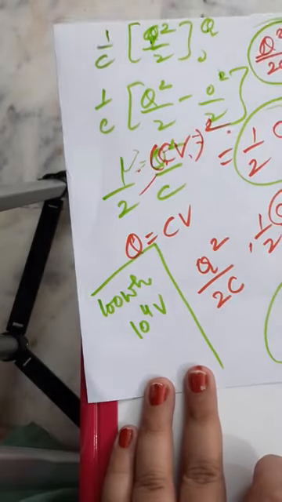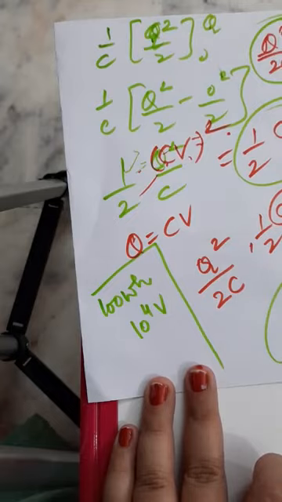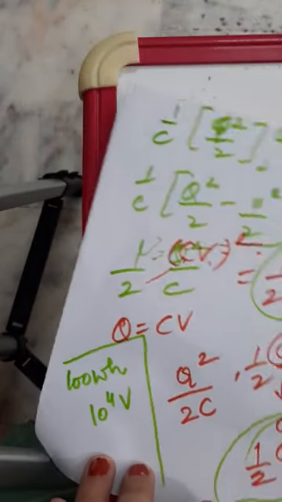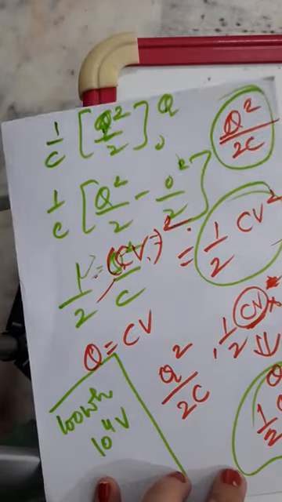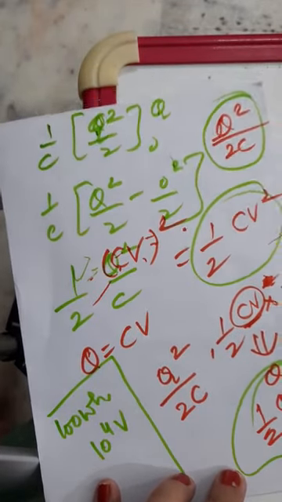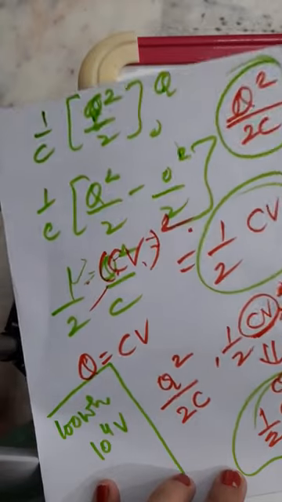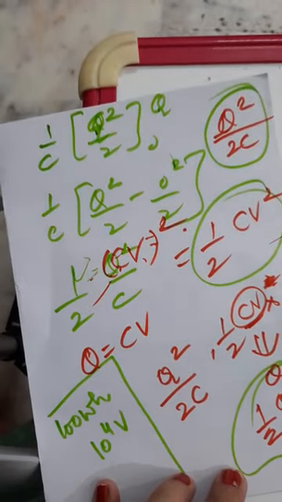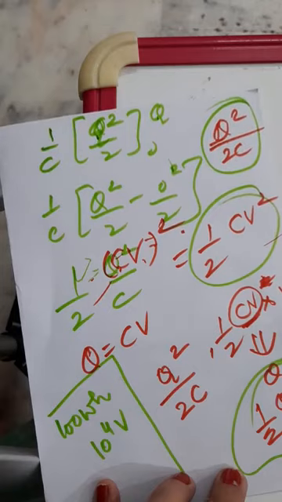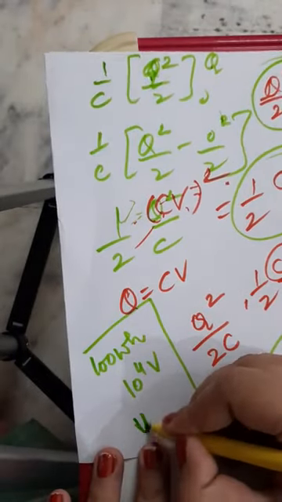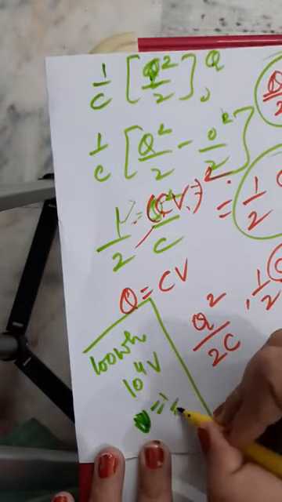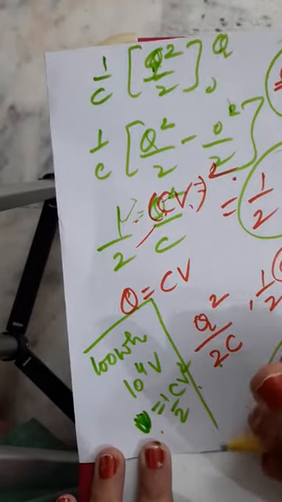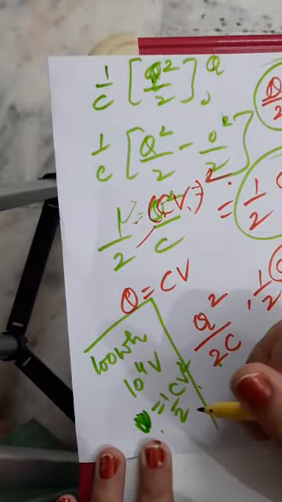Now I am going to discuss a numerical with you. The question is: what capacitance is required to store an energy of 100 kilowatt hour at a potential difference of 10 raised to the power 4 volts? See, energy is given, potential difference is given, and they are asking for the capacitance. You know that the energy U is given by half CV square. Put the required values and find the value of the capacitance.